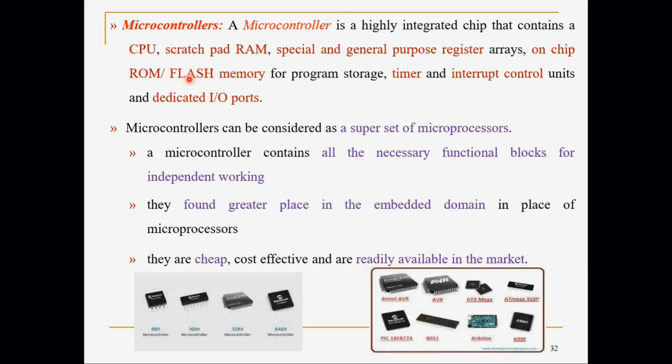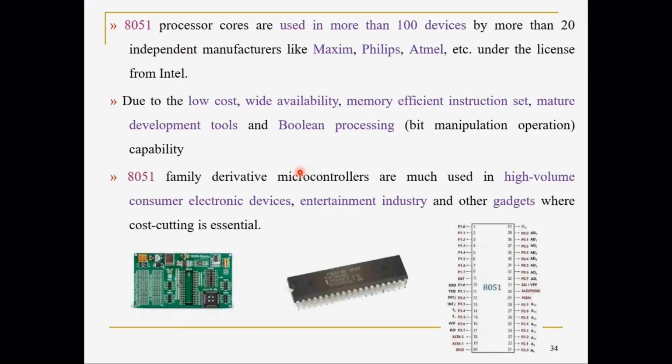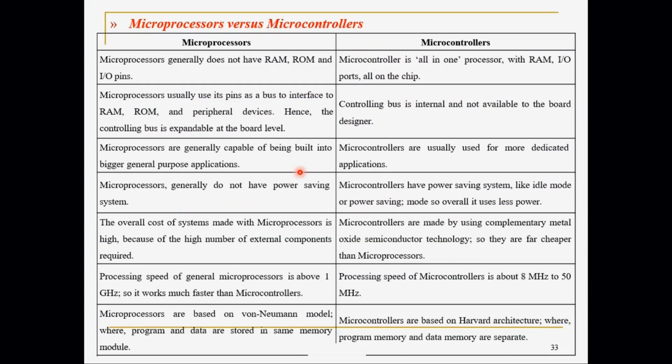So these are highly integrated chips, which have almost all the parts of a microprocessor, but in a little less capacity. It will have a RAM, a CPU, flash memory, input outputs, everything will be there. So you can use a microcontroller as a core if you do not intend to use a microprocessor, which is a little bit sophisticated. Again, its history is given in various years, which kinds of microcontrollers were there in the market. You go through it again, because if they ask in the exam, you need some theory to write.